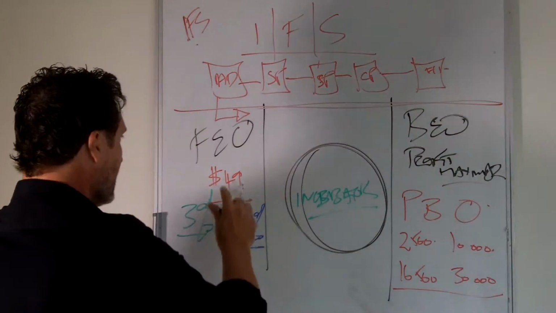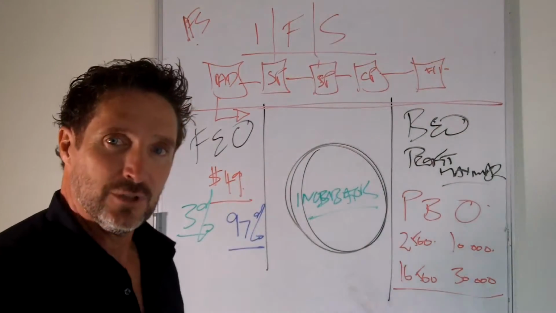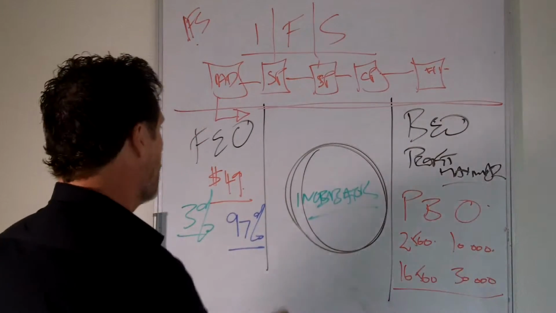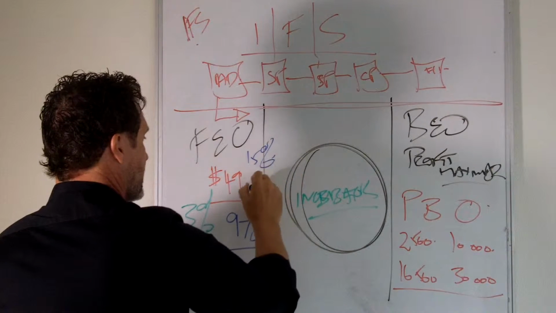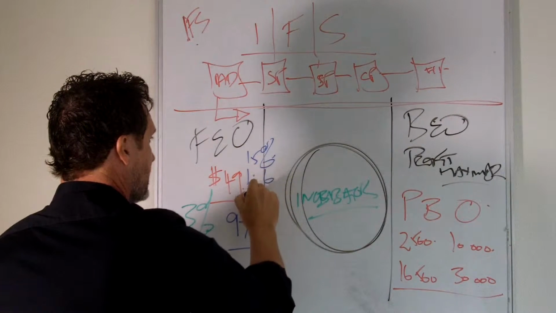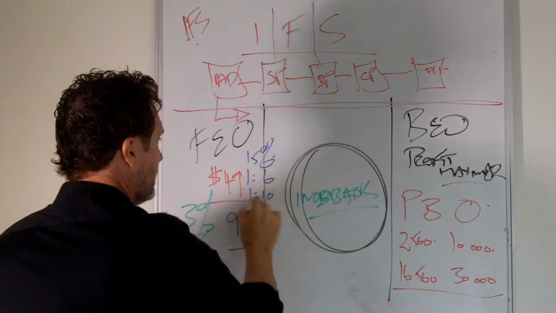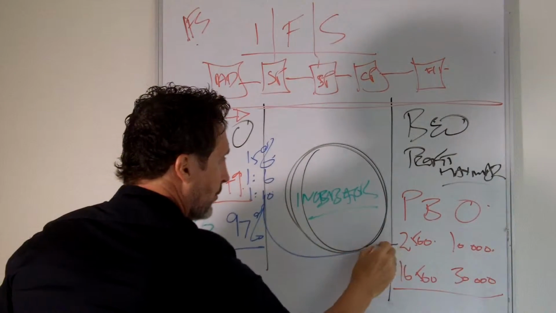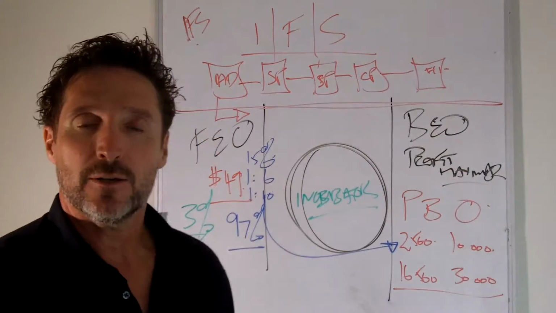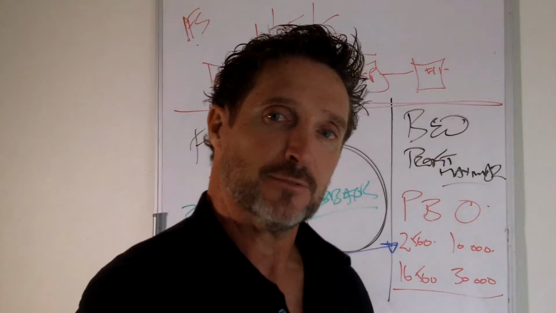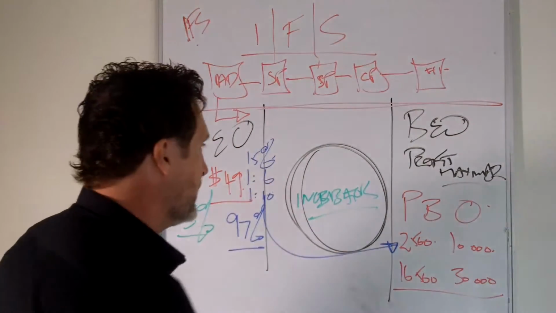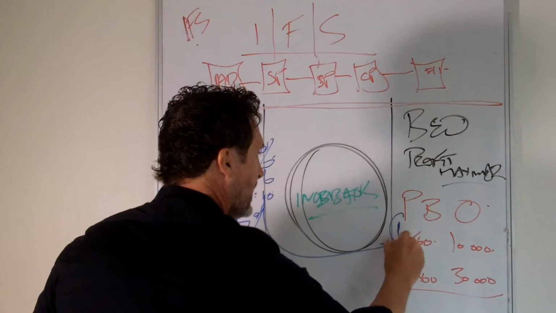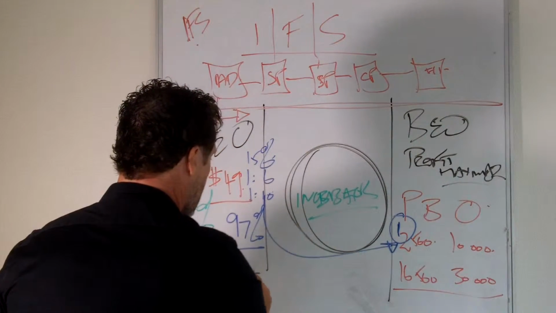Secondly, at the $49 level, what if you only convert, say, 15%, or somewhere between 1 in 6 to 1 in 10 people to your first tier primary back-end offer? What if you only convert 1 in 6? So that means one person moves forward here. What happens to the other 5?